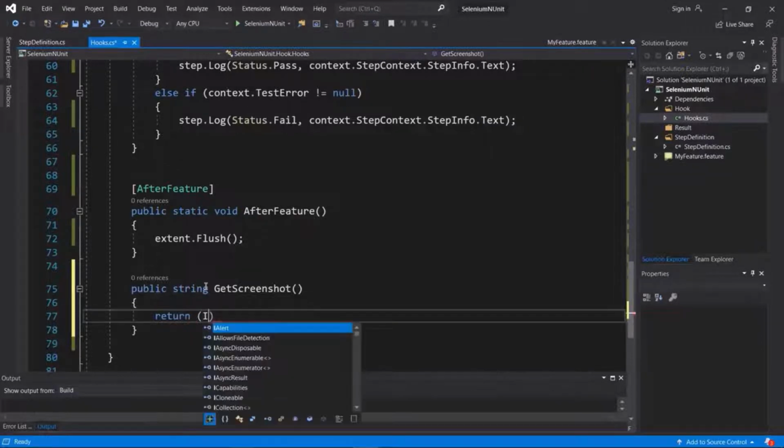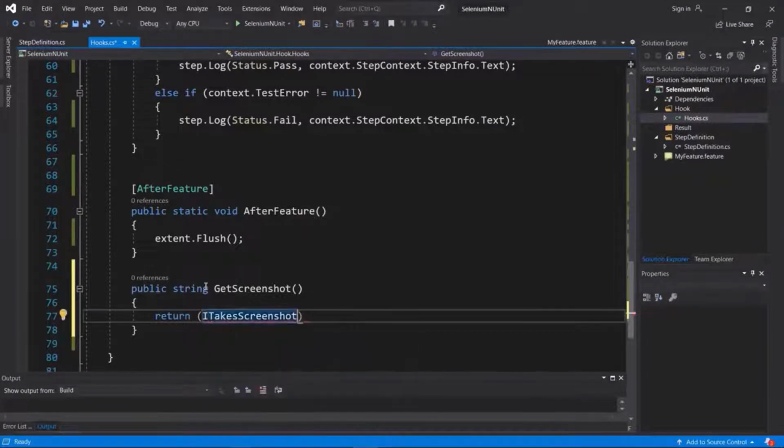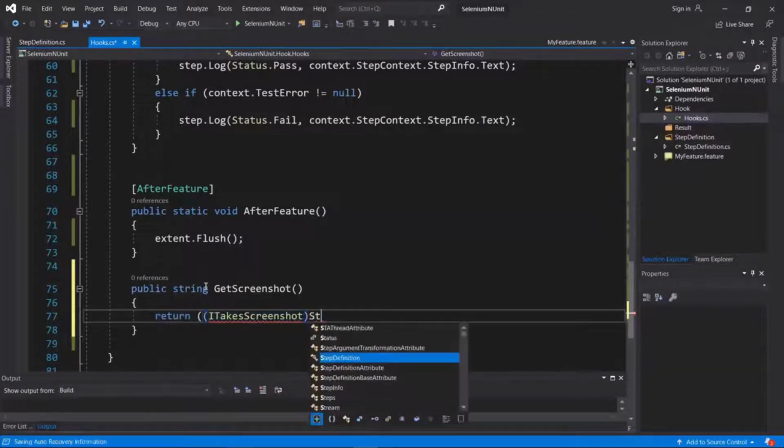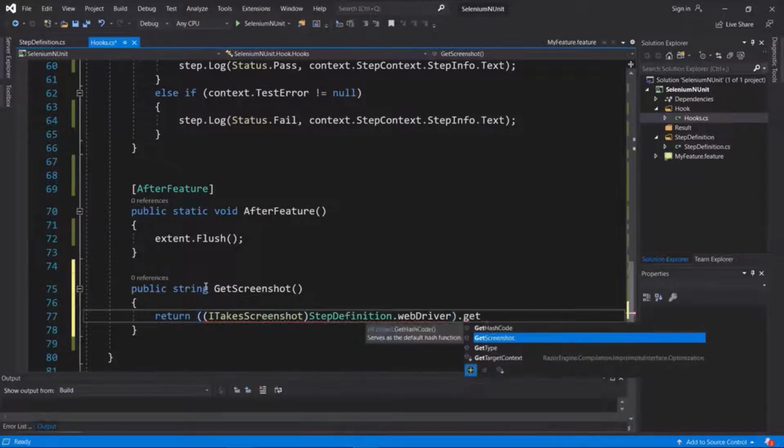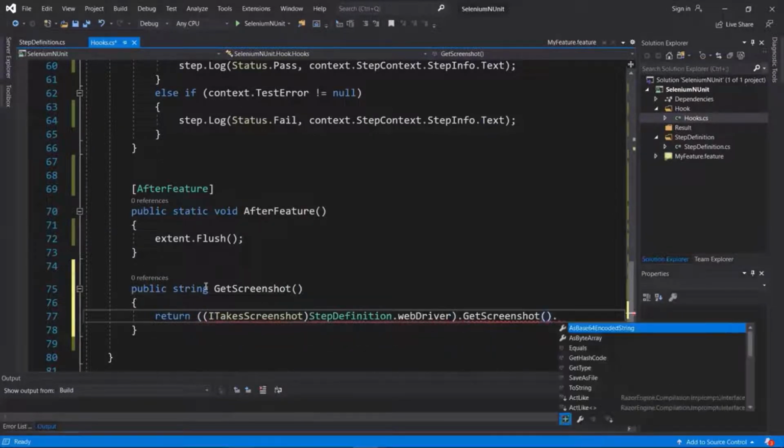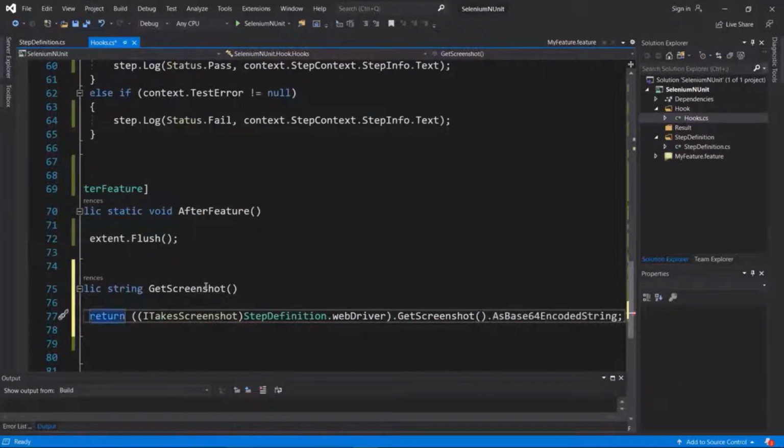To use it, you can type ITakesScreenshot, step definition dot WebDriver, dot GetScreenshot, dot AsBase64EncodedString. I have used the property AsBase64EncodedString to get the screenshot as a base64 string, and the same we will add into the extent report step.